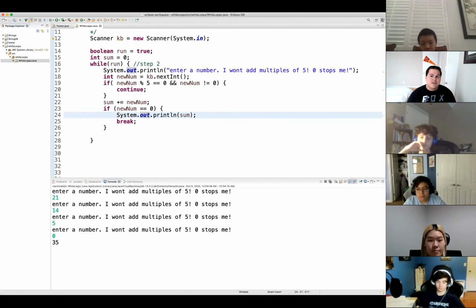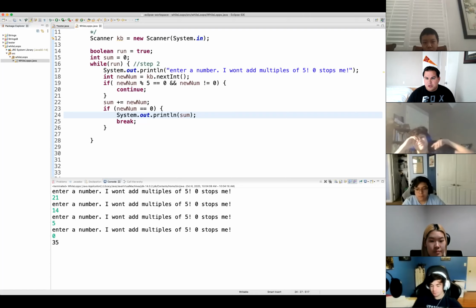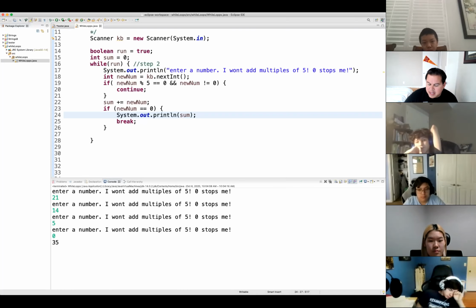Now, in terms of a quiz, you should be able to rewrite a while loop as a for loop if possible, and a for loop as a while loop. If I ever give you a question where it says rewrite this while loop as a for loop, it can be done. I'm not going to give you an instance where it can't be done.